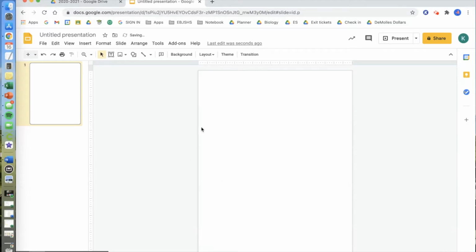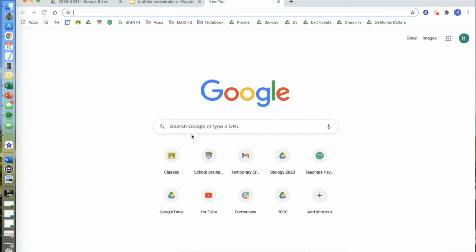And I like to use this size just because in a lot of activities, I will also print it on a piece of paper, and this will ensure that everything will fit on my page. All right, so I want to make a little drag and drop activity where students are going to label the parts of a cell. So I have my blank canvas. So what I need to do is go and get an image of a cell that I want the students to use to label. So I can do a quick Google search for